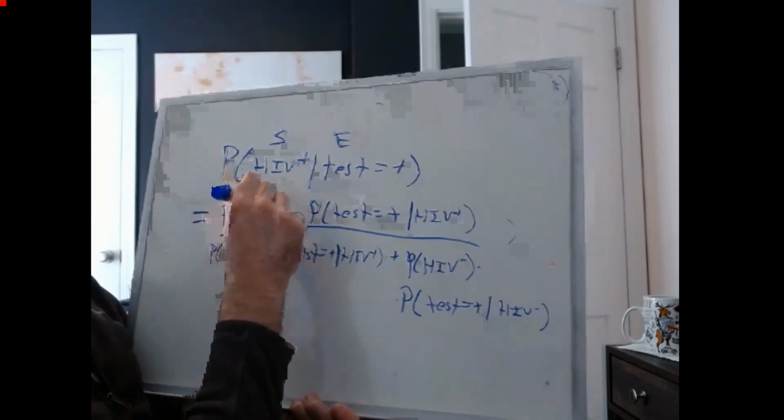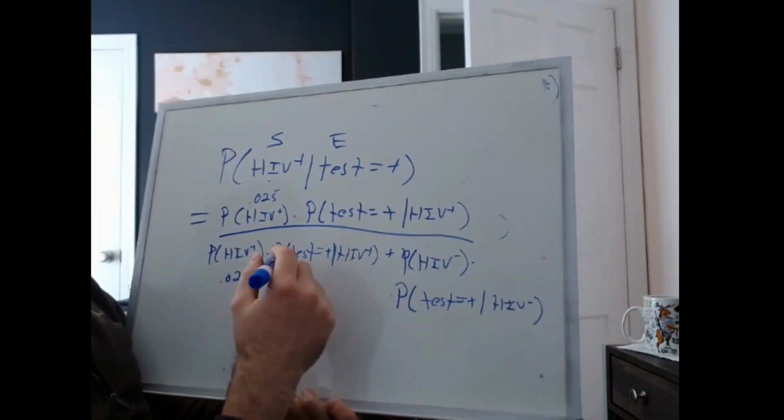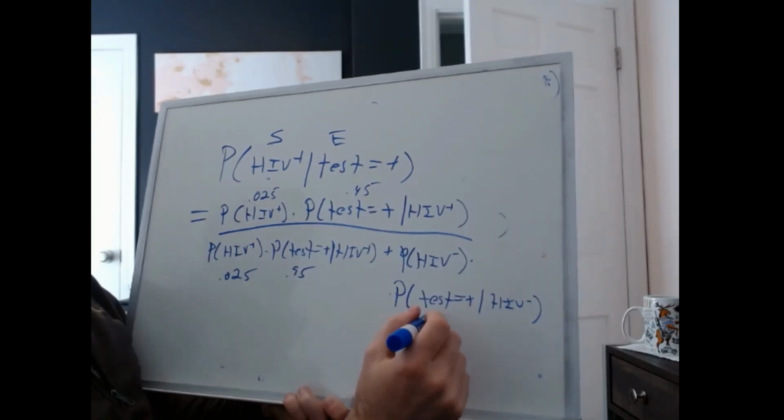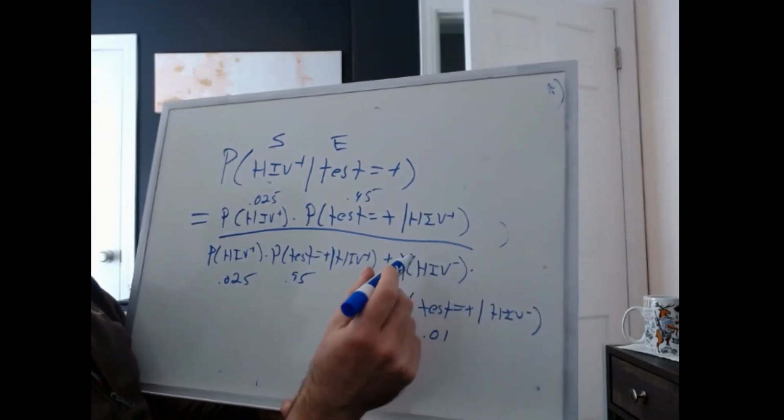The probability someone is HIV positive is 0.025. Given that they have HIV, the probability that the test comes back positive is 0.95. The probability that the test came out positive given they didn't have it was 0.01. And the only thing we weren't directly given, but can figure out pretty easily, is the probability